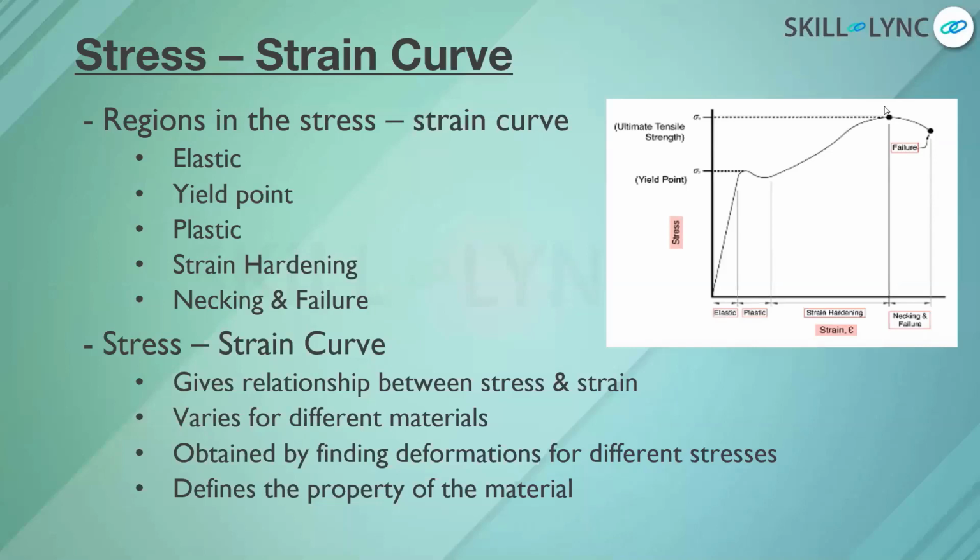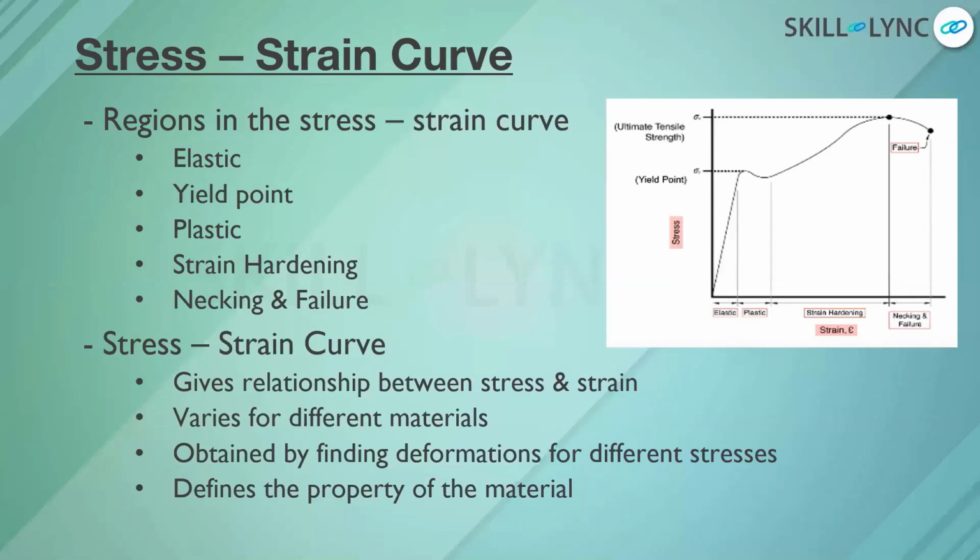This stress strain curve visually displays the material deformation in response to tensile, compressive, and torsional load. Depending upon the material tested, a stress strain curve can indicate key properties of the material, including elastic, plastic, yield point, and ultimate tensile strength. So all these regions will be covered in a stress strain curve. Let us dive deep into these regions. What are these regions and why do they occur?